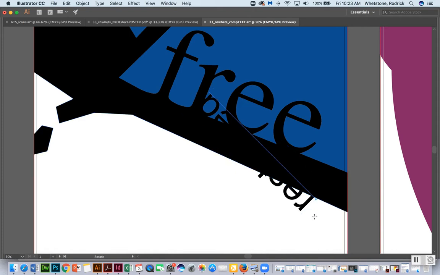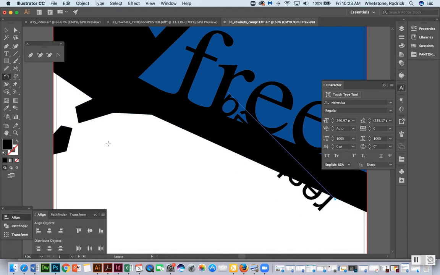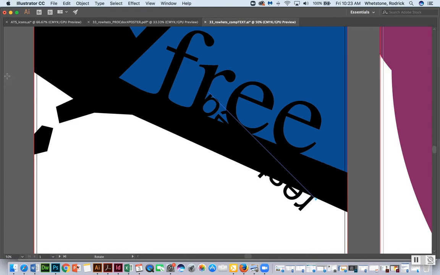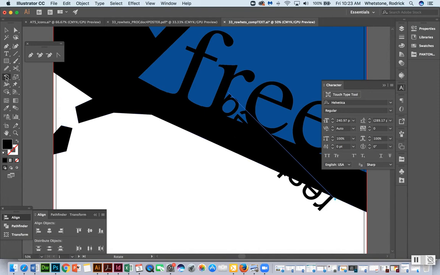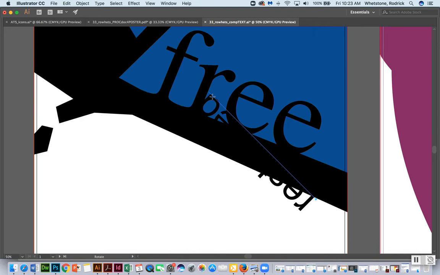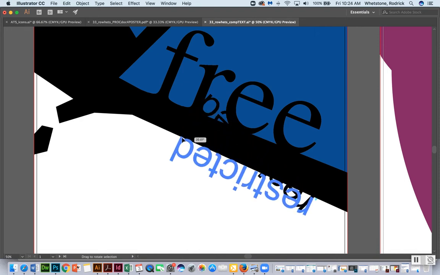Okay. And I'm going to grab my rotate tool. And what I'm doing, you see my tools disappear and reappear. I'm pressing the tab key on my keyboard, and that gets rid of my tools for a moment so I can see more of the screen. And I grab my rotate tool. I'm just going to click and drag that